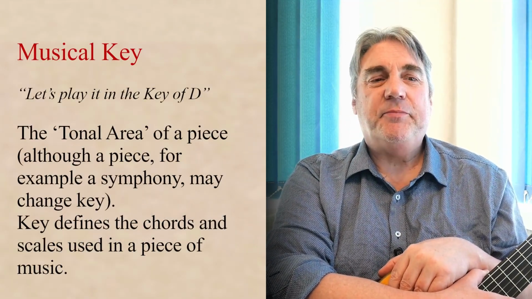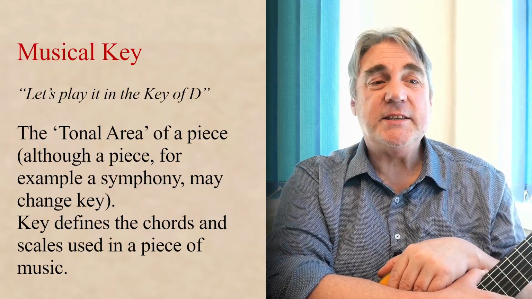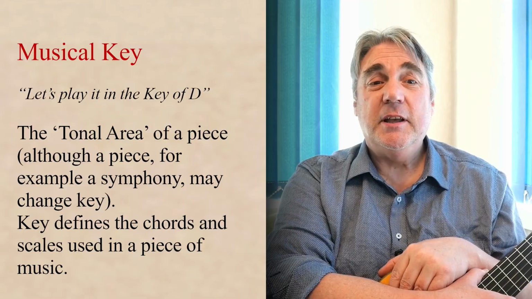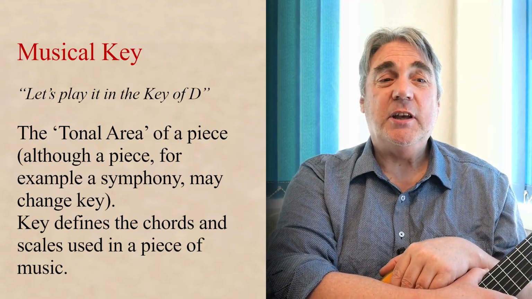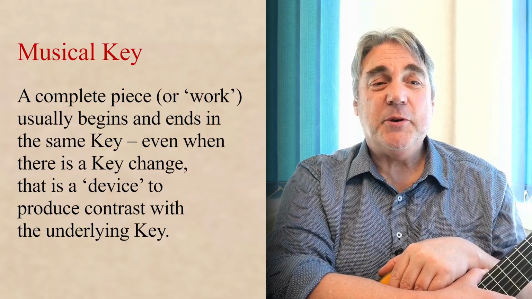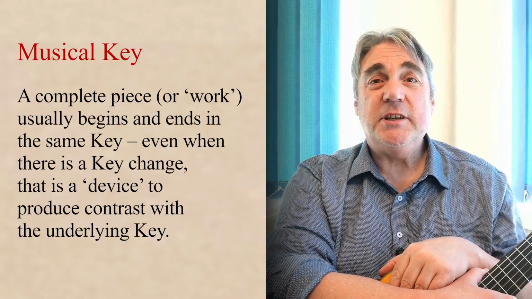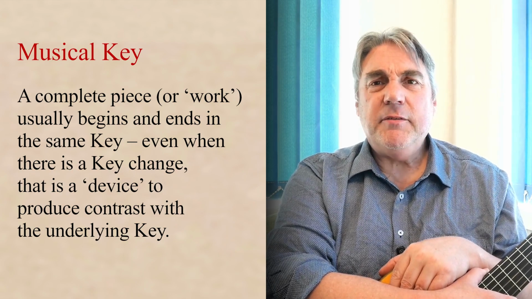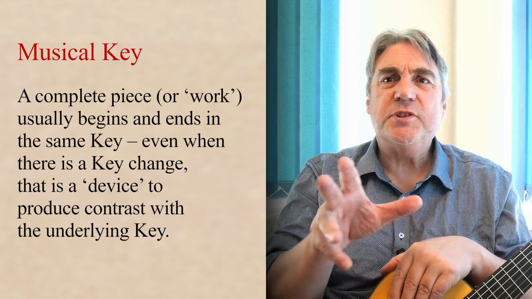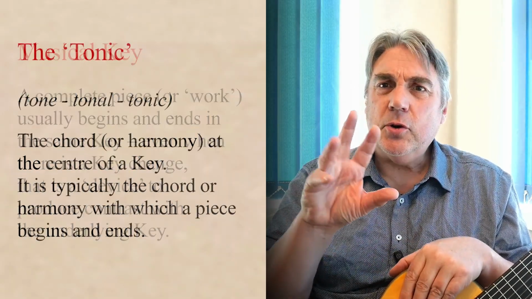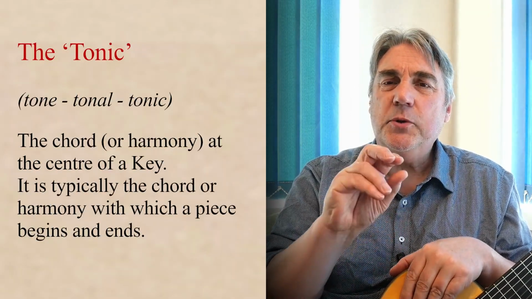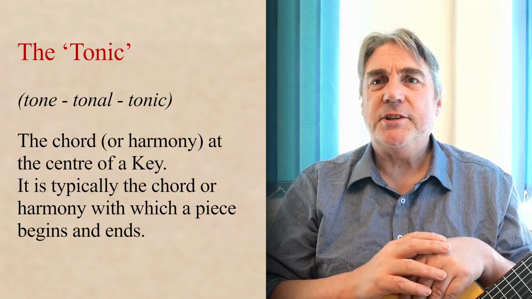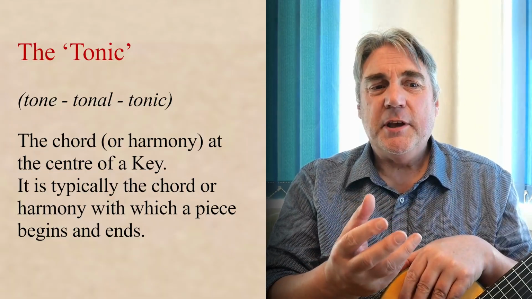First of all, key. A piece of harmonious music has a key. This is sometimes incorporated into the name of the piece, like the Serenade in G major, Eine kleine Nachtmusik by Mozart, or Nocturne No. 20 in C-sharp minor by Chopin. The key of a piece can be thought of as its tonal center. The chord at the center is called the tonic, get tone, tonic,